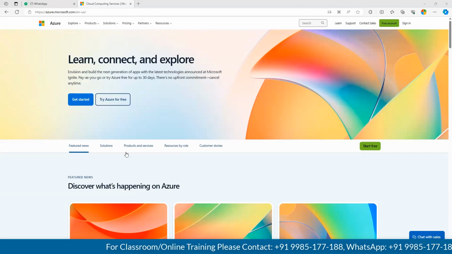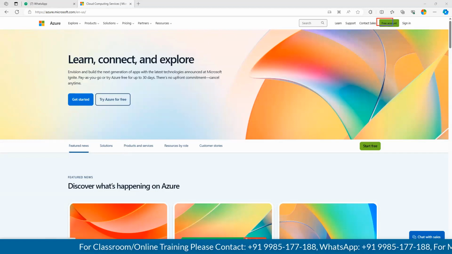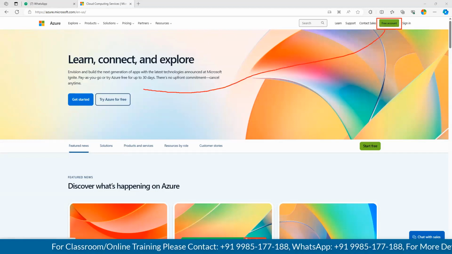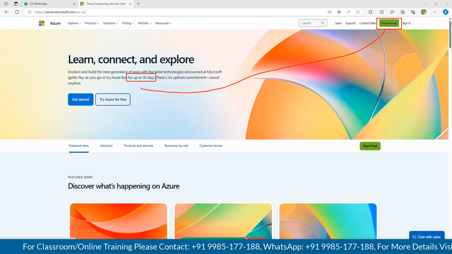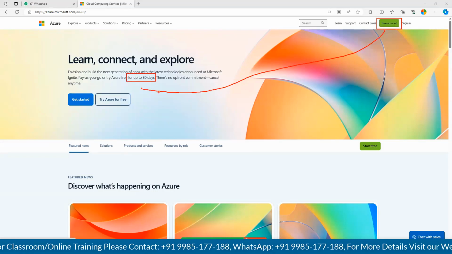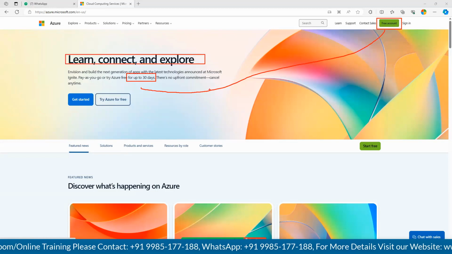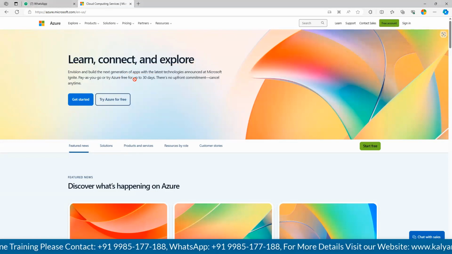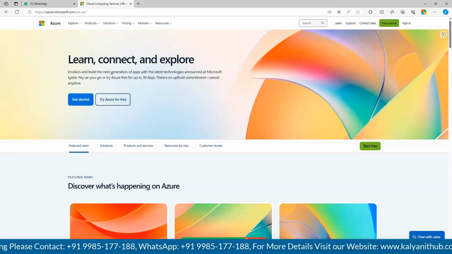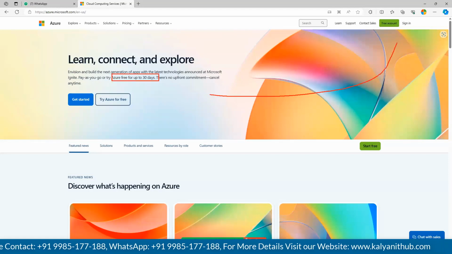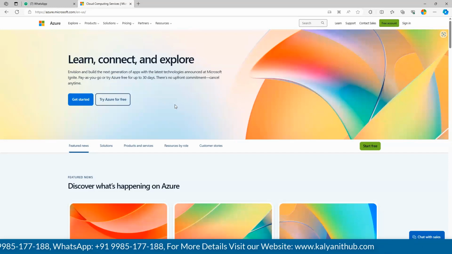If you observe, the free account will be available for up to 30 days. Learn, connect, explore. The free trial account would be 30 days. Then you can go for the pay as you go model. That is a different story. To subscribe for the Azure free trial, it is not a big challenge.